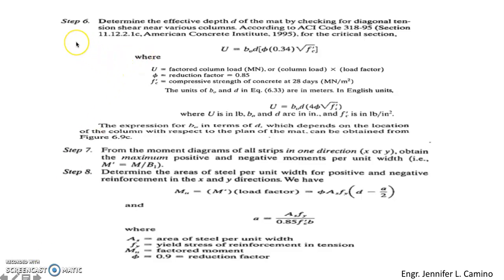Afterwards, in the next step, you have to identify the effective depth, which is our d, using the equation from the American Concrete Institute, the factored column load equation. Using this equation, you can compute the effective depth of the mat, denoted by small letter d. Then you have to take note that the expression for B sub O in terms of d depends